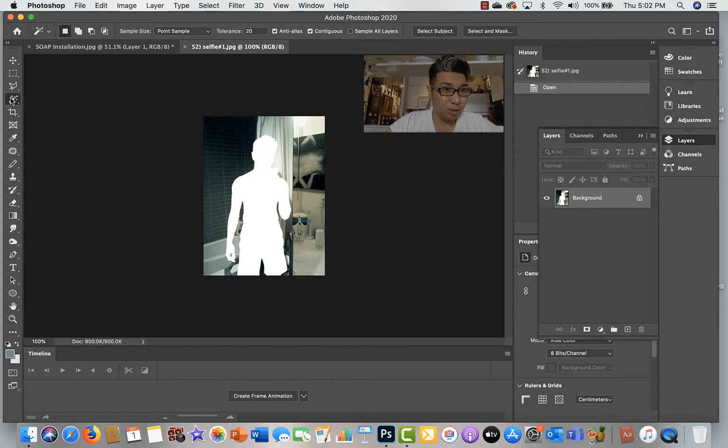So I'm just going to be using the magic wand. So magic wand tool right here, and it's just going to select that. The tolerance is 20. So the smaller the amount of tolerance, the more refined, where it will literally just highlight the white part. For example, if I put 70 tolerance and I click on it, you see it started to pick up a little bit of the curtain, but I